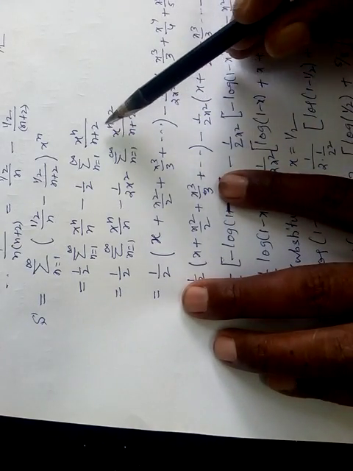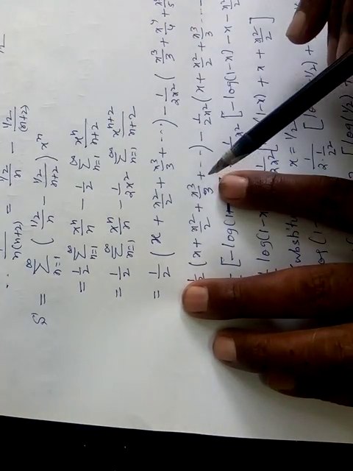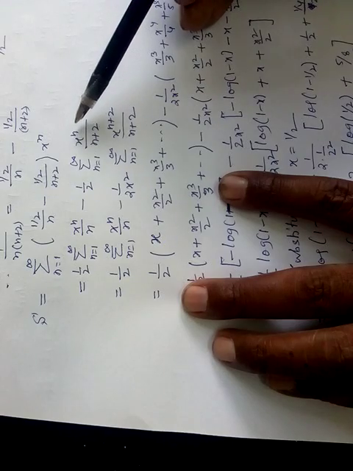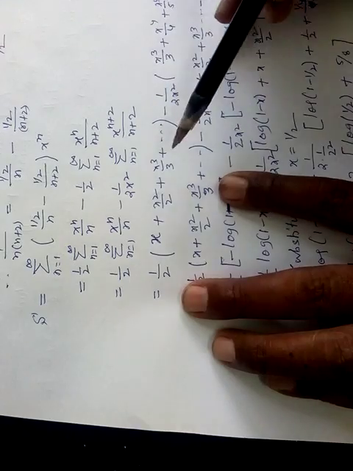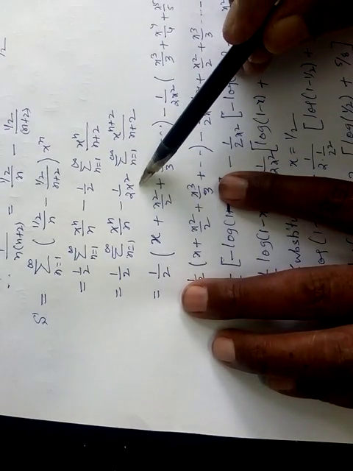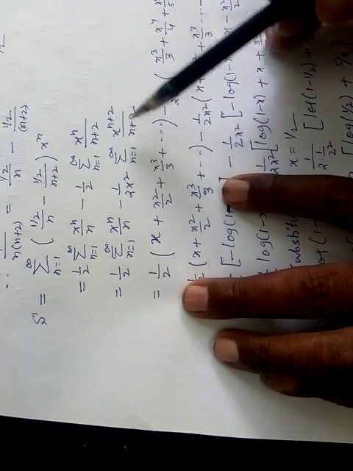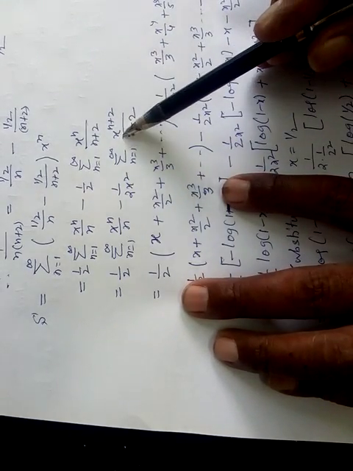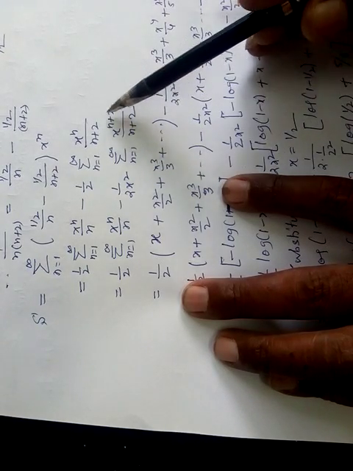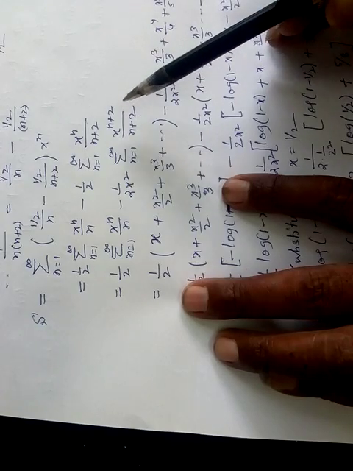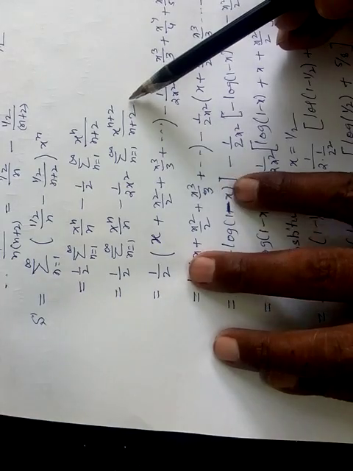Now see, in the second term the denominator is n plus 2, but the degree is n. To make the degree n plus 2, you have to divide and multiply by x square. Now I will divide by x square and multiply by x square. Doing so, you will get this one. In this, the degree of x is n plus 2 and the denominator is also n plus 2. To make the degree and denominator identical, you have to divide and multiply by x square.